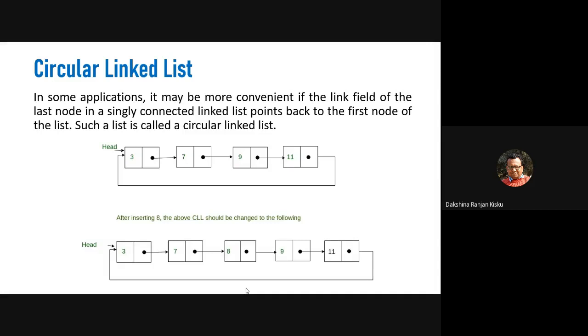Now in the circular linked list, if you want to traverse the nodes, how will it be possible? Can you traverse the circular linked list? If it is possible, then how is it done? Any idea?